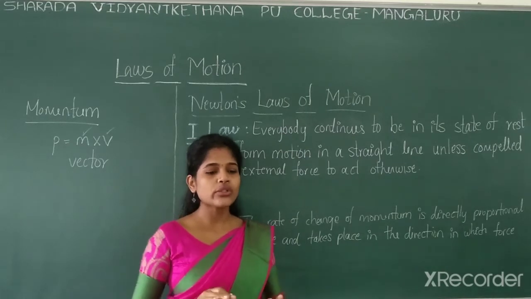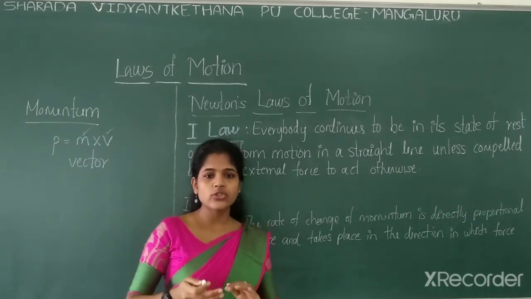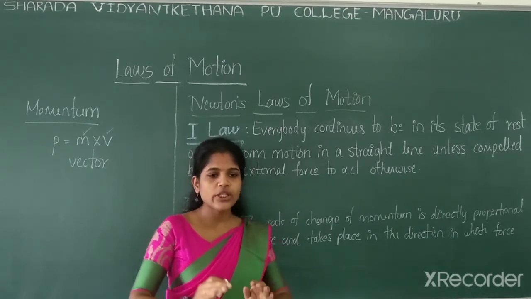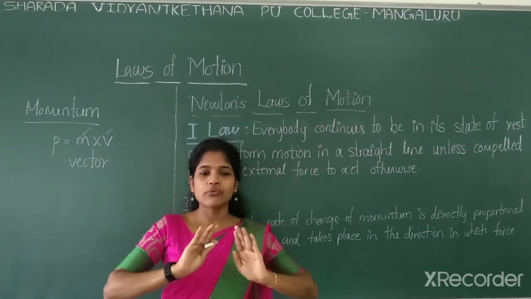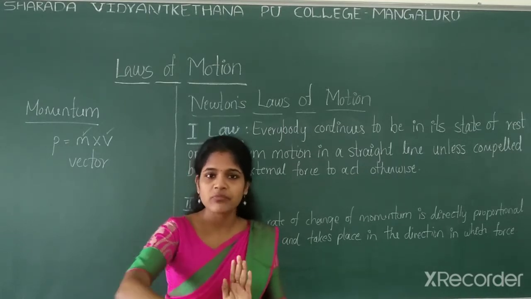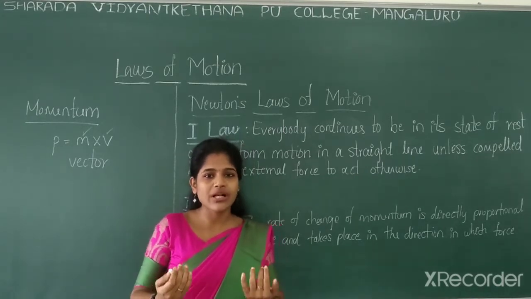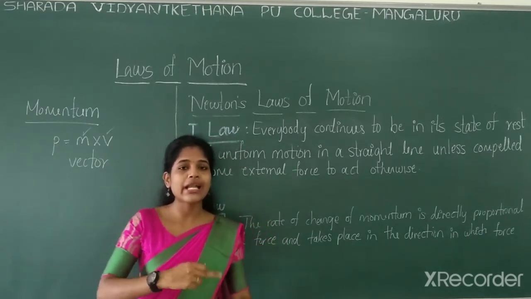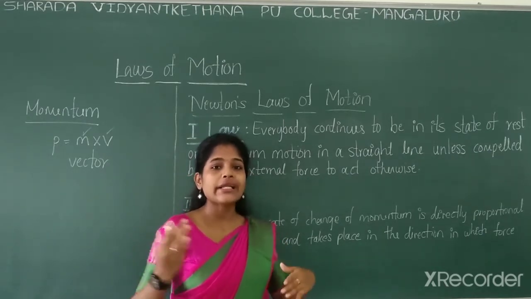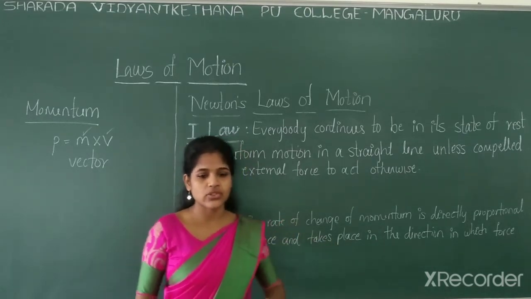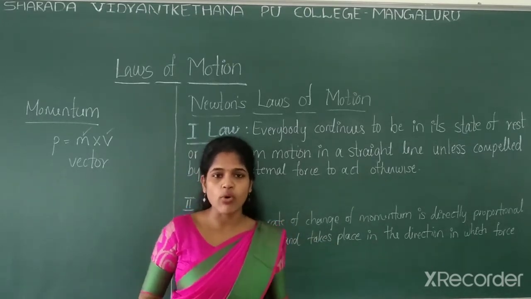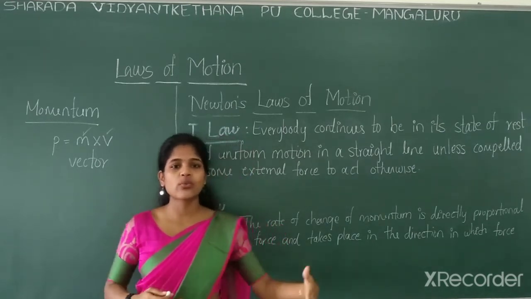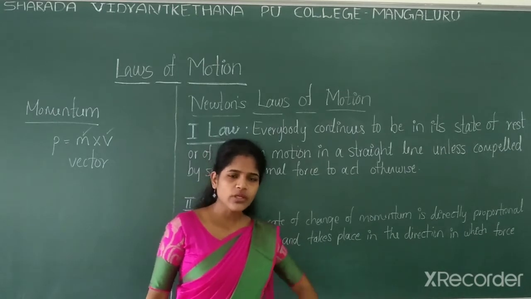Okay, so we know that to change the state of motion of a table, which is at rest now, we need to pull or push the table. If we push the table, it moves forward. If we pull the table, it will come backward. So in whichever direction we apply the force, in that direction it will move, and it is directly proportional to the applied force. If the applied force is very small, it moves only a little forward. If the applied force is very large, it can move a long way.